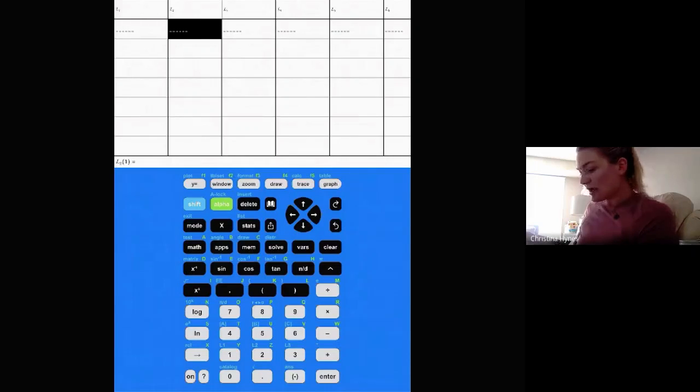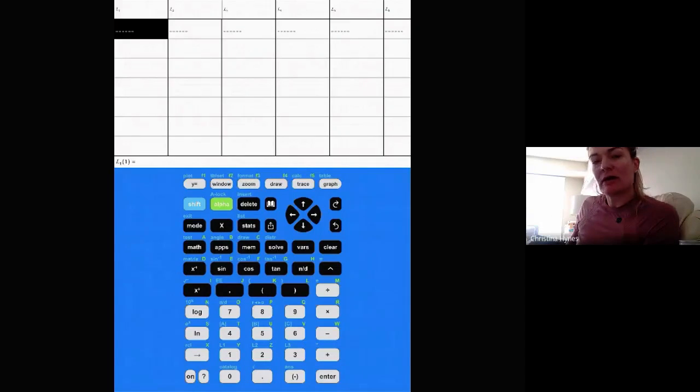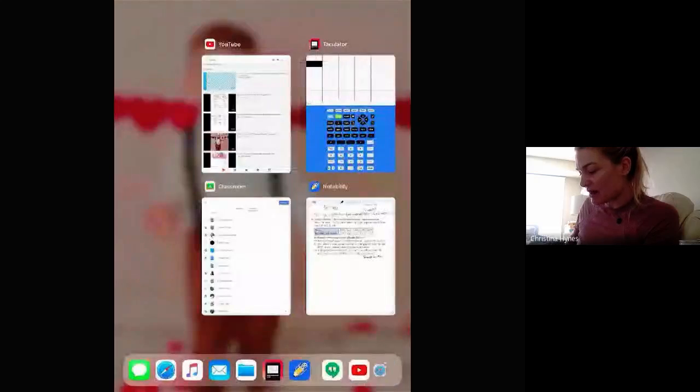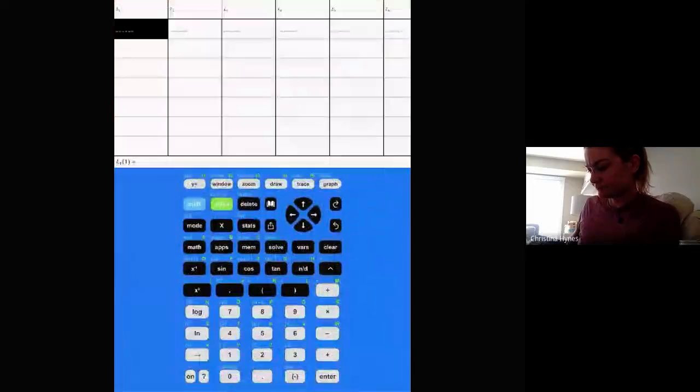Okay, so what you want to do is enter your list into here. I'm going to have to pull mine up and refer to it. Okay, so you're always entering your X coordinates into L1. So for example, mine is going to be year. This is the example that I'm doing right here, where I'm putting the year into L1 and the population into L2. Okay, so I'm going to enter 1970,